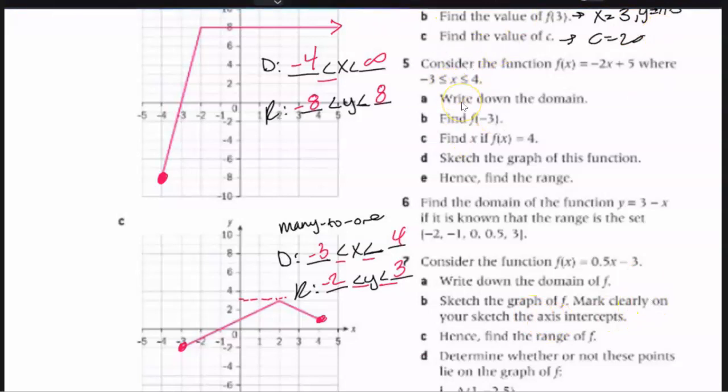For number 5, consider the function f of x equals negative 2x plus 5, where this is my bounded restriction. Write down the domain. This is your domain. Now technically, if we want to write domain in set notation, you can either write the exact same thing, that's fine, or technically it's written